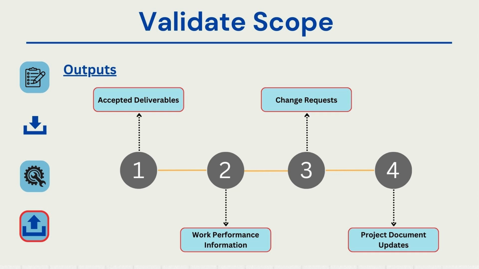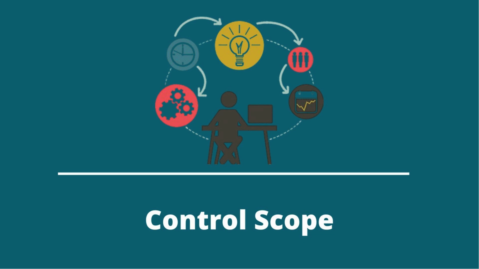Now that we have done this, we've come up with a plan, we have gathered requirements, we've defined the scope, and we also validated requirements. It's important now for us to control that so that scope creep can be avoided. Scope creep avoidance is very important, and that's where the project manager's role comes into the picture, ensuring that the scope is defined so well that scope creep doesn't happen. So let's talk about the last and the most important process, which is control scope.